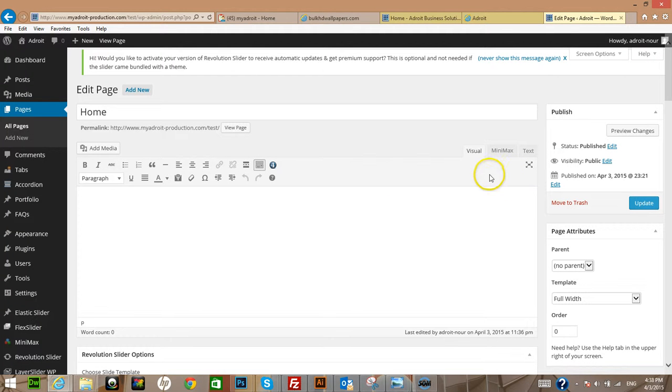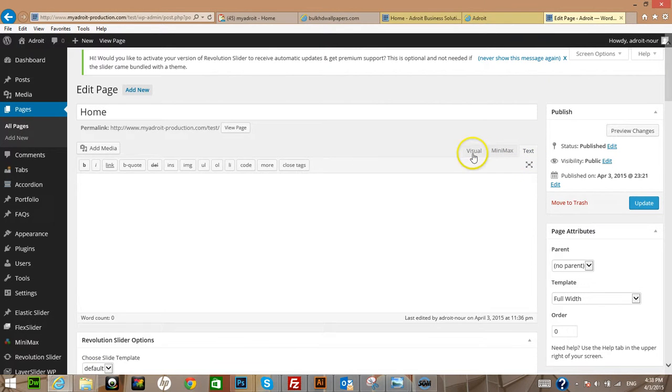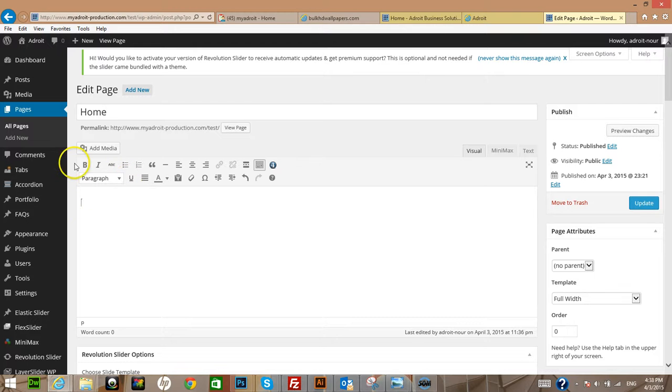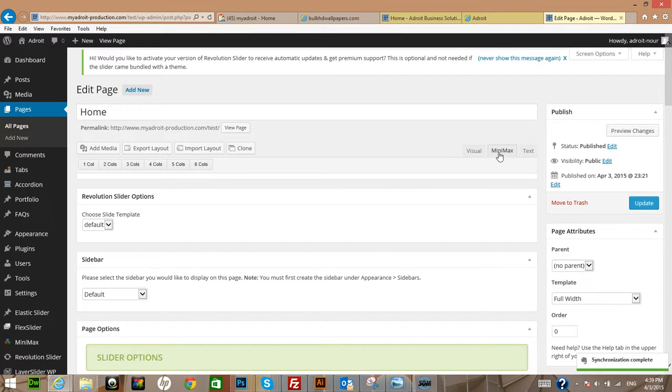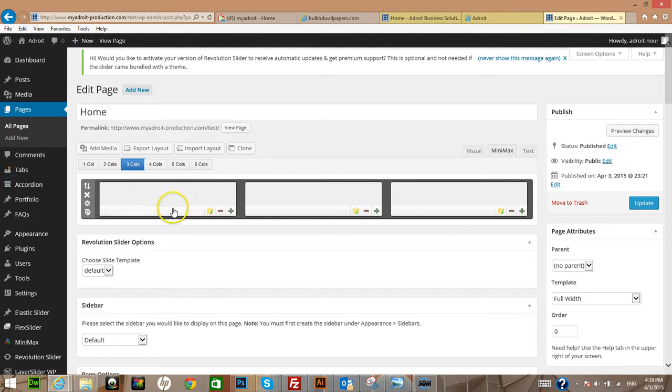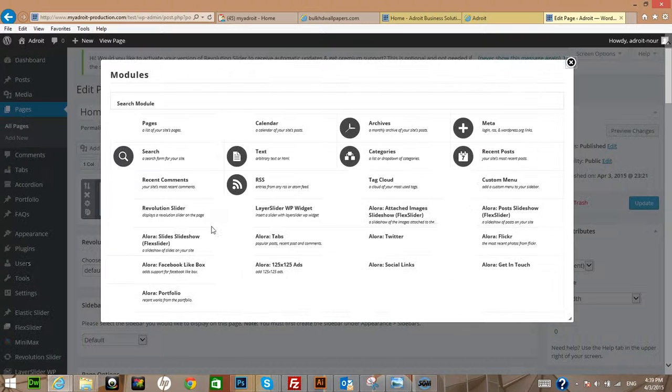and you see, before we installed this plugin, we used to have only 2 tabs, which is visual and text. Text meaning the code, visual meaning adding some text, bold, italic, a photo. But what if you want to do more complicated design than just having a photo and the text? This would make it very, very easy. So I'm gonna say that, okay, I provided 3 different types of services, so I need 3 columns, right? And here we go, I have 3 boxes, and on the first box,